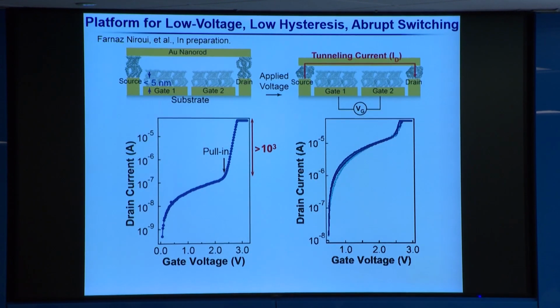What about nanomechanical switching? Well, these are some slides I got from Farnaz Nurui, and you can see what's going on. It looks very much like a field effect transistor. It has gates. In this case, it has 2 gates, a source and a drain. Now, normally, what would happen is that you would have a vacuum gap. So this is how nanomechanics has generally been done. You have a vacuum gap, but you get into all sorts of problems, and the 2 metals end up sticking together and so forth. So what Farnaz did is